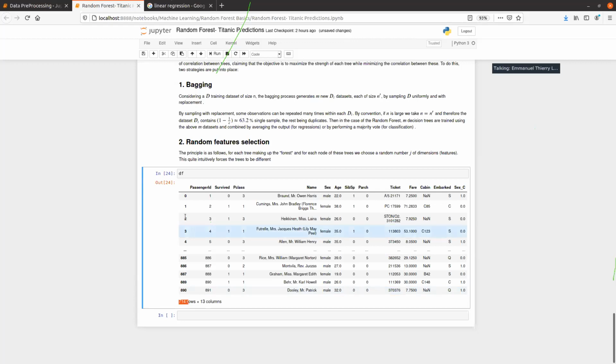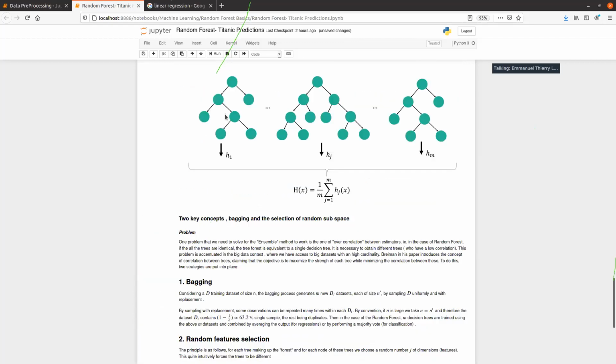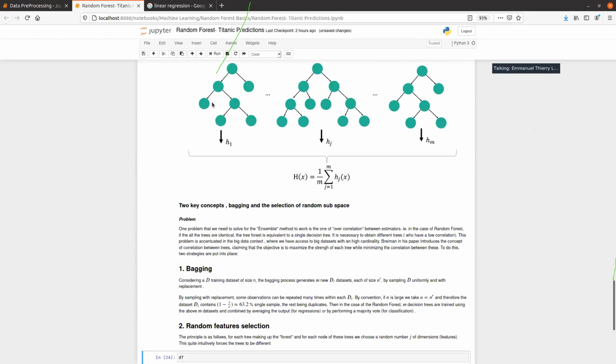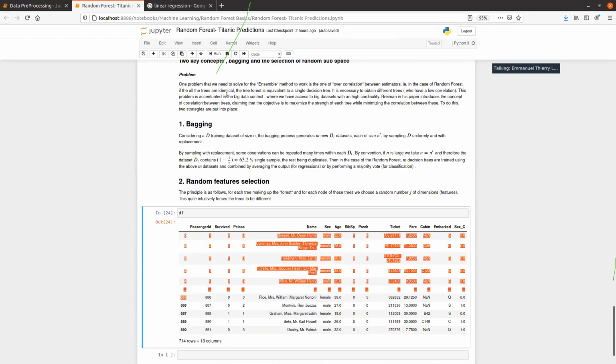And so for each tree, basically what we can do is sample a number of lines in this data set. We then train one tree on this sample, and usually we sample with replacement, meaning that we can even sample some lines twice.